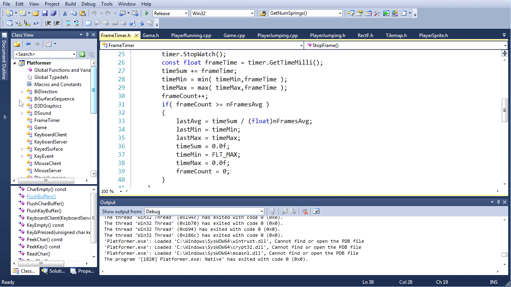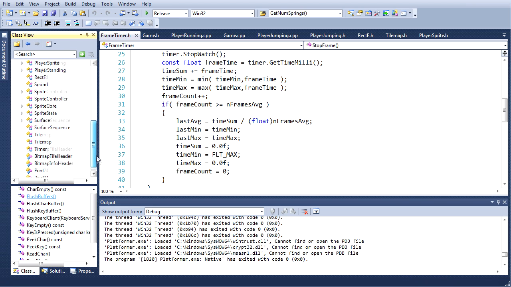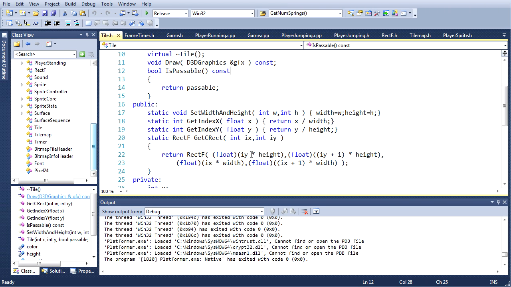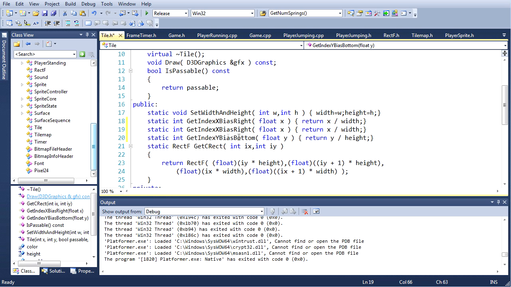That's how we do it. So we've got to go to tile here. I'm going to add some new functions. So get index x, get index y. Now these ones give us a bias to the right and to the bottom. So we'll do bias right, bias bottom. Now we need ones that give us biases to the left and to the top. So what we're going to do, copy that, paste it, we'll go bias